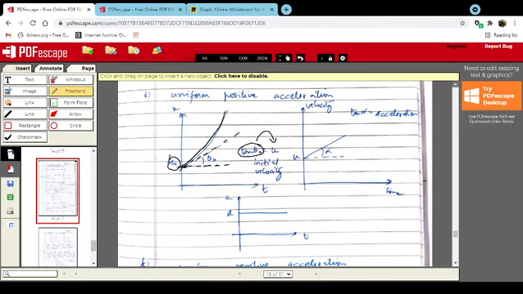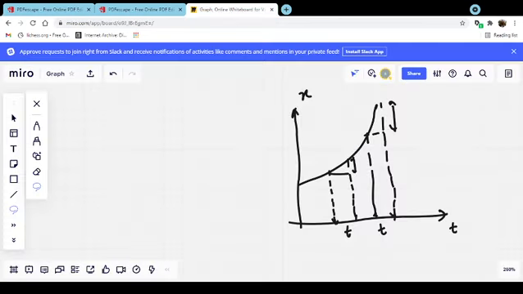So you can easily say that the slope of this graph is changing at different times. This particular slope goes to some theta 1 from theta naught. So the slope of the graph is growing, and since the slope of the graph is growing, that means the velocity of the particle is also increasing with time. Now this kind of graph is actually a parabolic one, and let us try to compare what we mean by that. We are going to compare some equations.